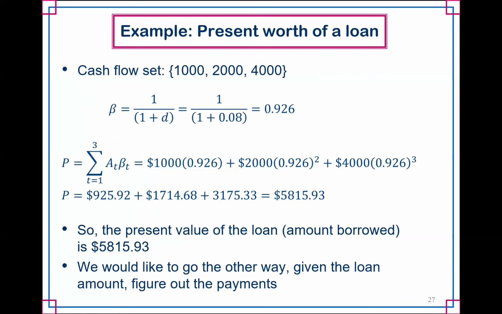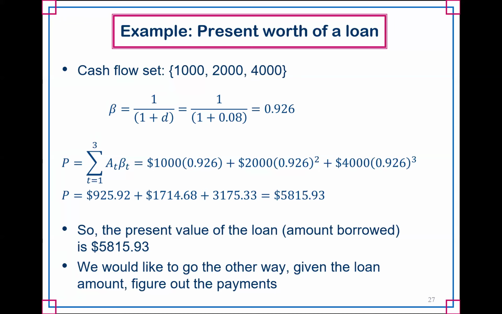So we calculate our beta first, which is no big deal. You can just go ahead and invert it, or you can do the calculation any way you want. Our standard beta is 0.926. At the end of year one, we have $1,000. We don't have to bring it back 1 year. At the end of year two, we have to come back 2 years, so we have to square that. And at the end of year three, our $4,000 has to be brought back 3 years. So when we sum those together, we get a present value of